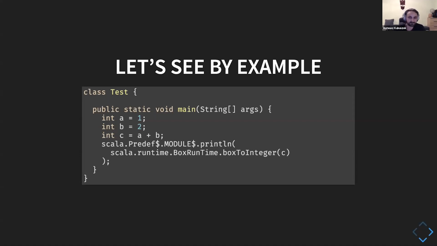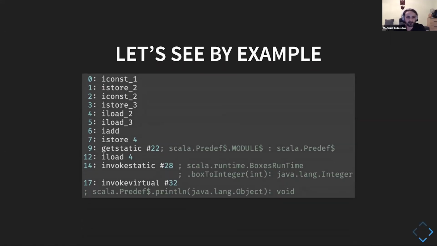So how would it look in JVM bytecode if we compile that? Basically, it would look kind of like this. What we're looking at is an assembly language of the Java Virtual Machine. This is the native language that the JVM understands. For us, it might look a little bit alien, so we'll work step by step through all of these instructions.